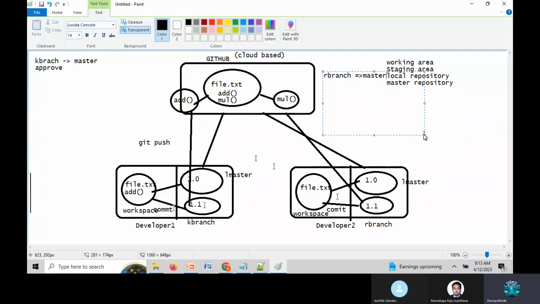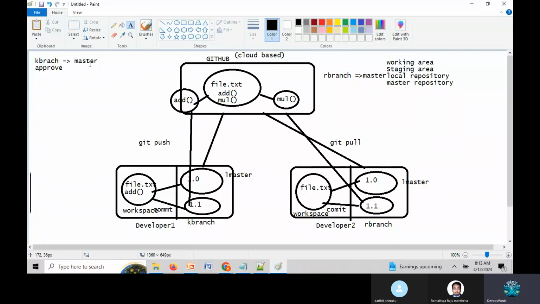Suppose Ram will get the updated functionality. When your team leader merges, the added functionality will come, and Ram will get it, so he can do a pull request. A pull request automatically gets him an update from the master. That's it. This is a little bit confusing initially, the first time we are seeing it, because a lot of components have to be managed in a distributed version control system, but it is very easy.